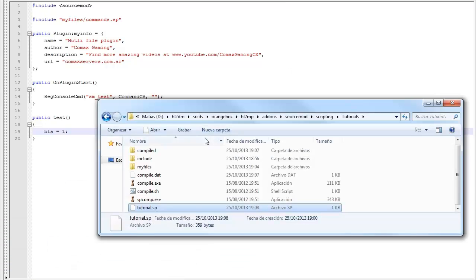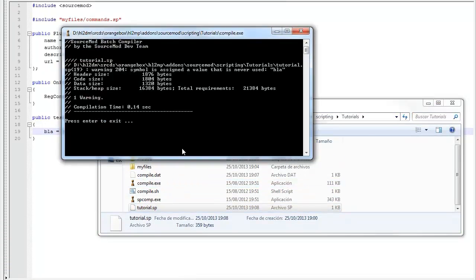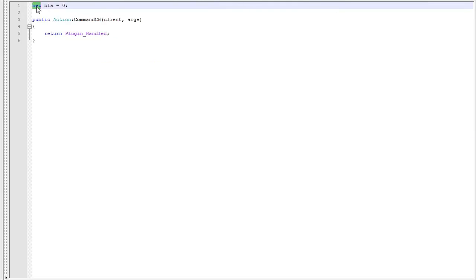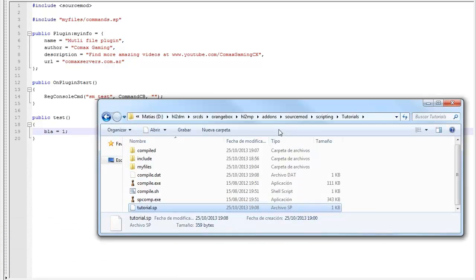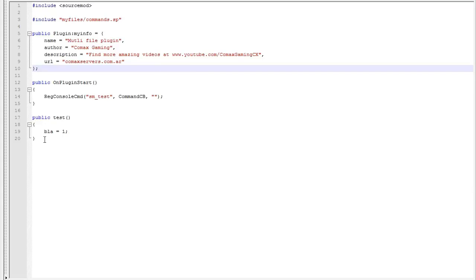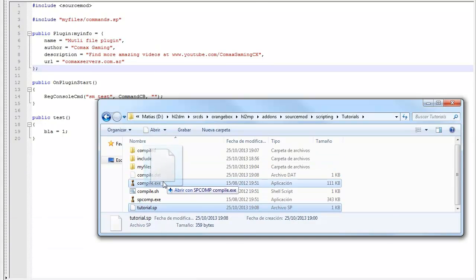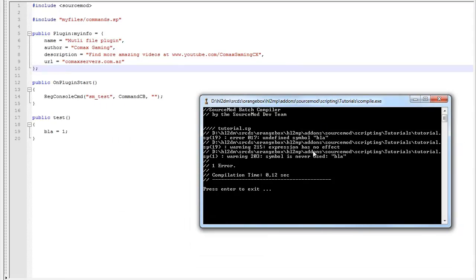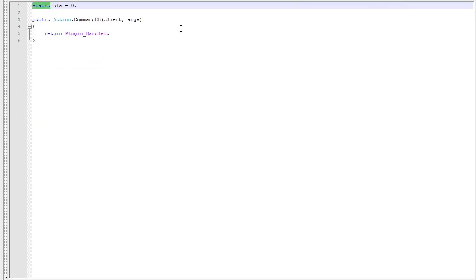I'm going to try to compile this now, and as you can see, we don't get an error, but we do get a warning because we never used the symbol. However, if I do static here and recompile this, oh my god, I didn't change the file. That's a bad thing about working with multiple files. We get this error. It says undefined symbol blah, because when you define something as static, you're basically not only